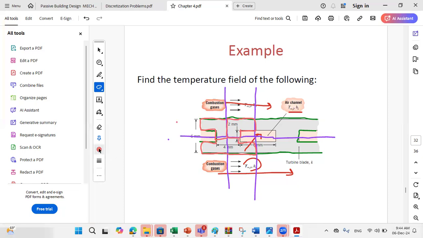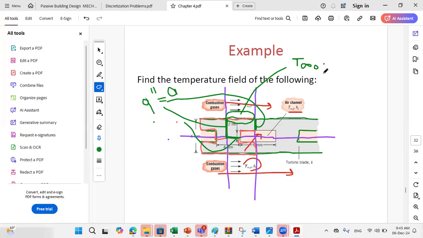Now keep in mind, whenever you have a symmetry line, the heat flux along the symmetry line is 0. So for this side, I have q double prime equal to 0 because it is along the symmetry plane. Same for this side here, and same for this side. So for these three sides, q double prime is 0. For the other surfaces, as boundary condition you have convection. For this surface, you have convection at T infinity out, h out. And for these two surfaces here, you have contact with the inner fluid, so you will have T infinity in,